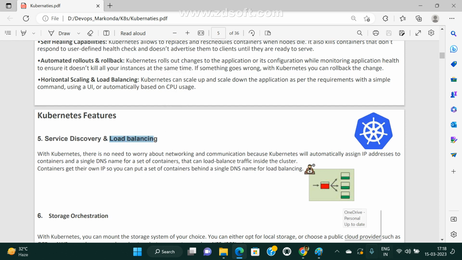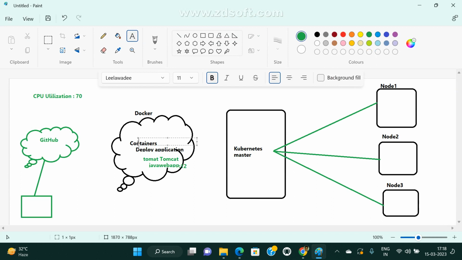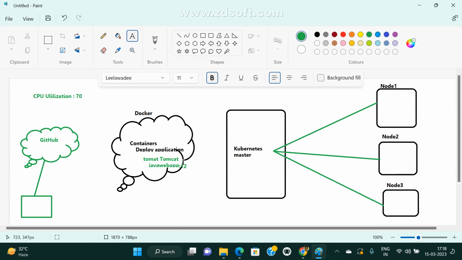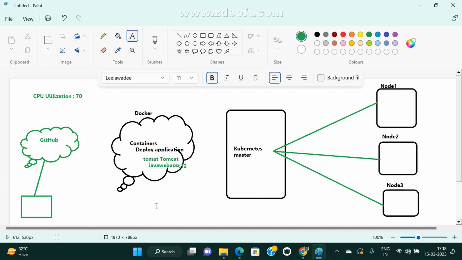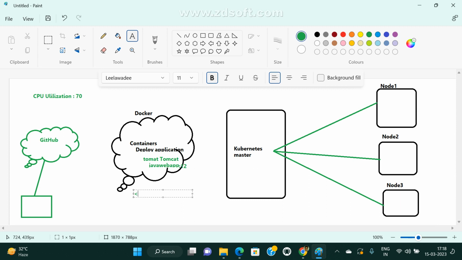Now service discovery and load balancing. In Docker, I created one container and deployed one application. How do we access it? Directly with the help of port mapping: the IP address and the port number. In the browser you access the IP address, port number, and the application context path.